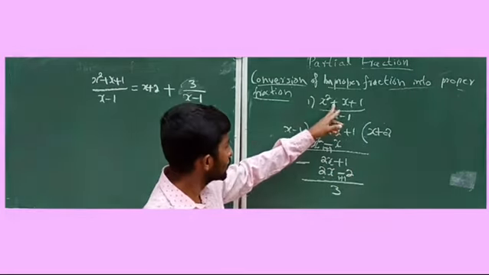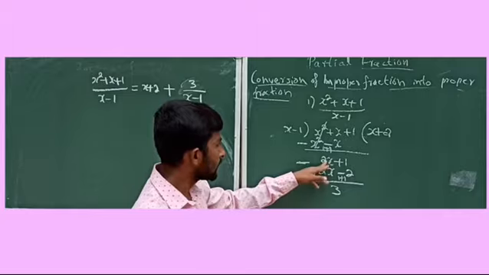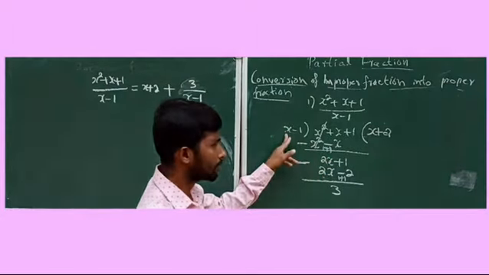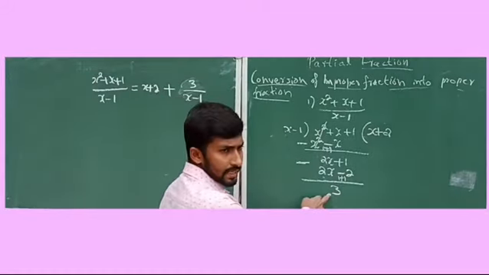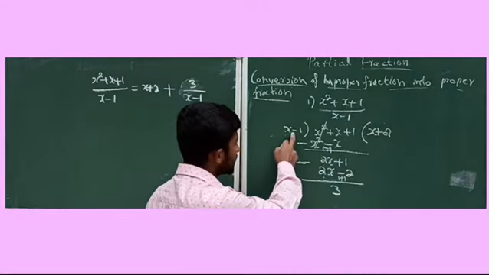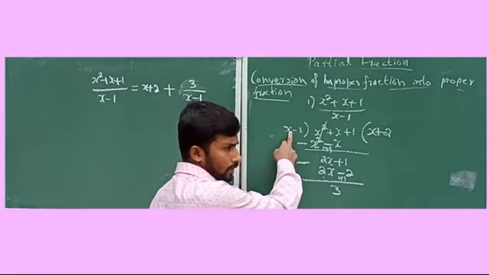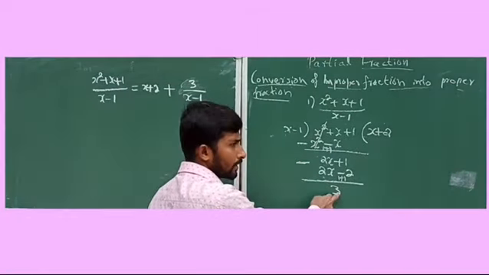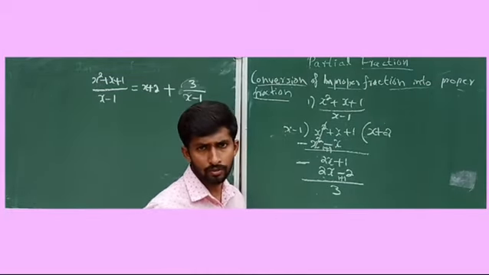Once again, see, first you need to divide, then just observe the degree of the remainder and the degree of the divisor. If they are equal, again you need to divide. The second step, again observe the remainder and the divisor. Here, see, the degree is 0, here the degree is 1, right? So the degree of the remainder is less than the degree of the divisor. That time you need to stop the division.